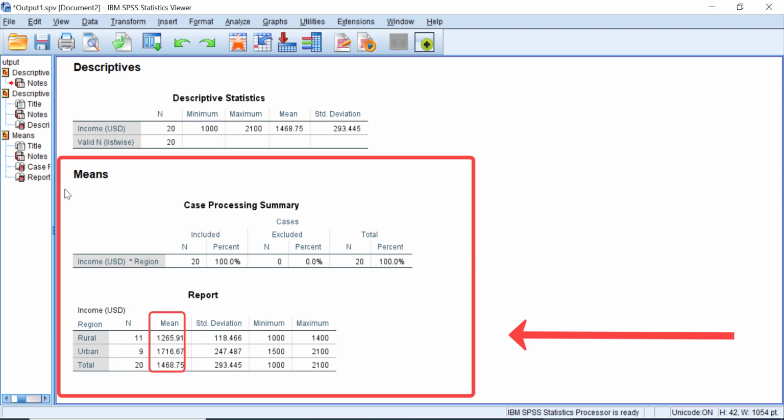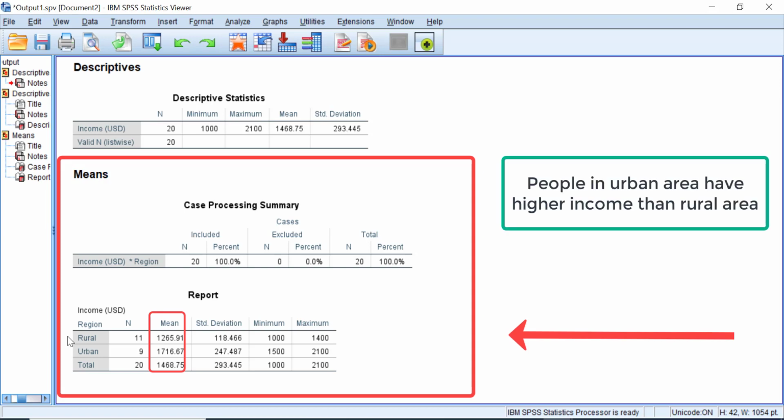At the mean column, we obtain that the mean income of rural area is $1,265.91 US. Meanwhile, the mean income of the urban area is $1,716.67 US. We can get the information that people in urban area have better income than the rural area.